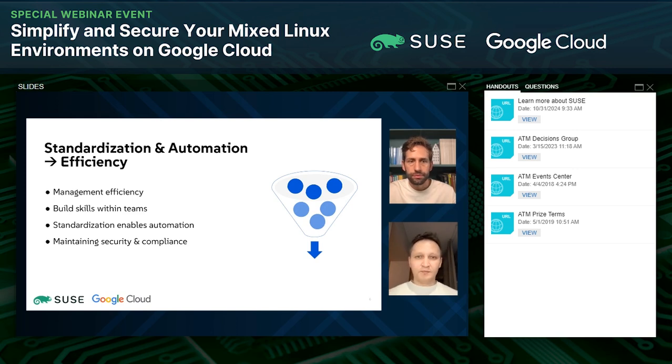A tool that many organizations use to achieve these higher availabilities and efficiency is to actually standardize and then automate management of their workloads. With automation and standardization, you can be more efficient. Your personnel is going to be more efficient. They will have necessary skills, build out these skills over time, and actually maintaining security and compliance becomes easier. So if you look at the next slide,